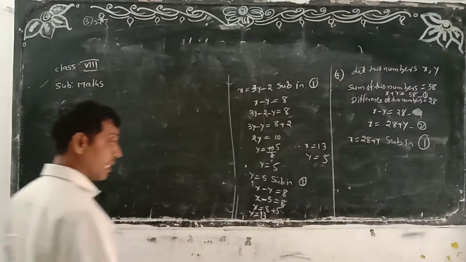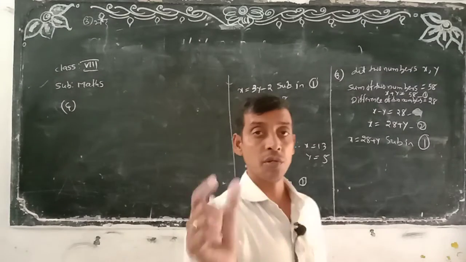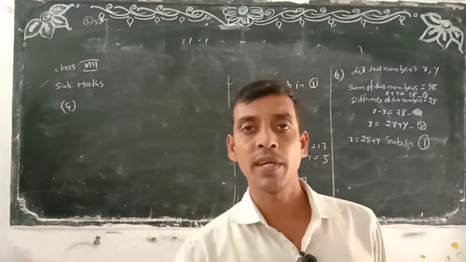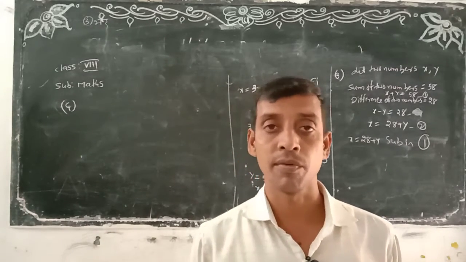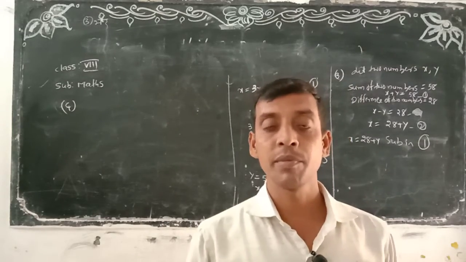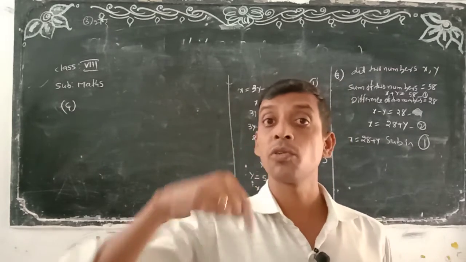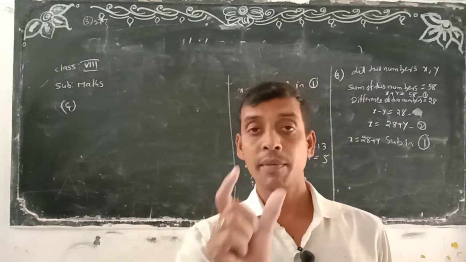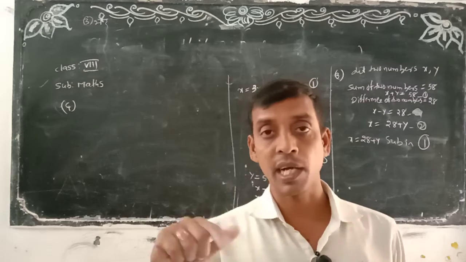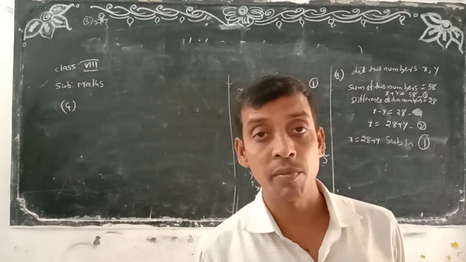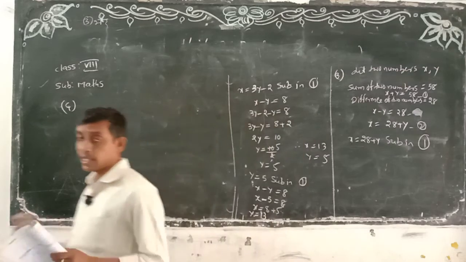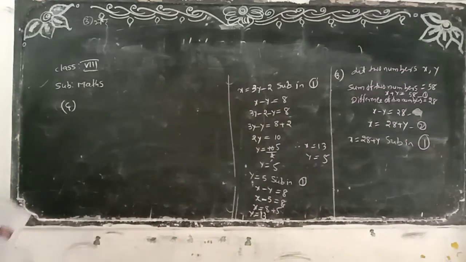Consecutive means what here? One number after another. Suppose 2 is there, the number after 2 is 3. That is called consecutive. Suppose 8 is there, the consecutive number is 9. Odd numbers you know: 1, 3, 5, 7. Suppose 11 is the odd number, the consecutive odd number is 13. Those are numbers we know. But here we don't know the numbers, we have to find them out.